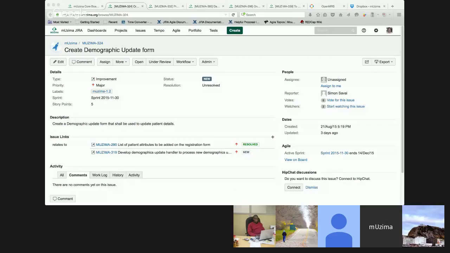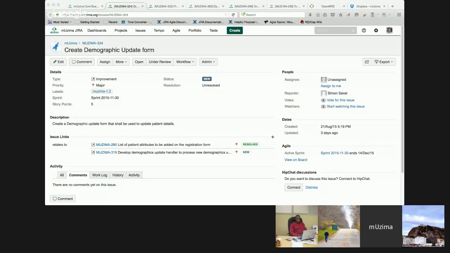Then coming to the mobile side, I think you mentioned that the demographics update form would be used for existing patients. Correct. I just wanted to ask because there could be scenarios where, on the mobile device, you've just registered a patient, then you notice something you filled in incorrectly or some changes you'd like to make.